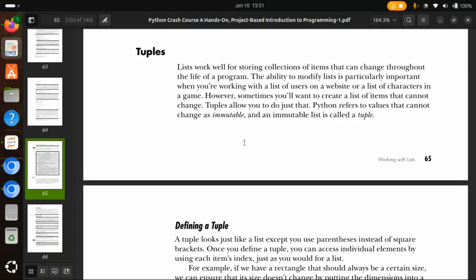tuples. So tuples are just like lists, but the only difference is lists, right, are mutable. When we say a collection is mutable, it means the elements can be changed. And you saw that with lists, we can actually add elements and we can actually also remove elements from a list. But in a tuple, we cannot add and we cannot remove elements. Though we can sort elements the same way we have done